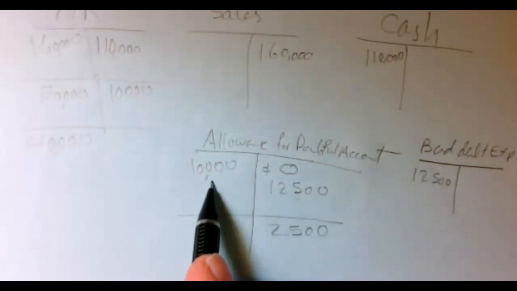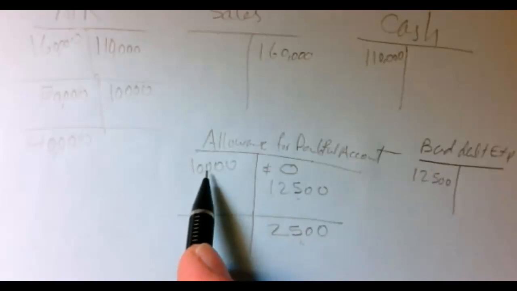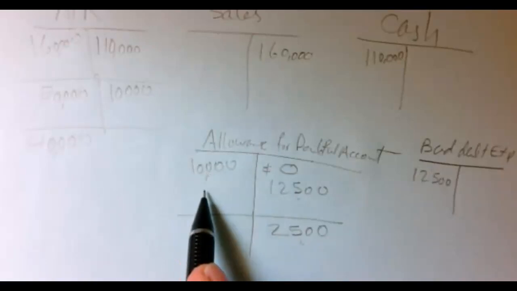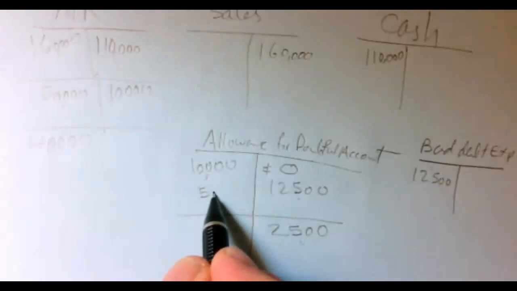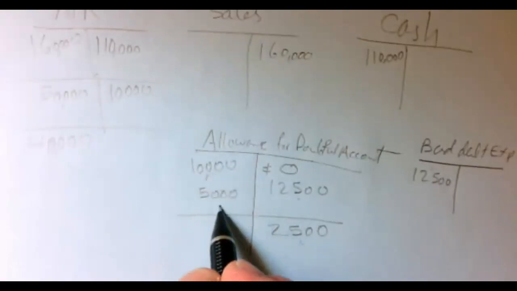We wrote off 10,000. That's why we have 2,500 on the credit side still left. We didn't use it for any write-off, right? But if you write off 15,000 instead of 10,000, like 10,000 for one customer and 5,000 for another customer,